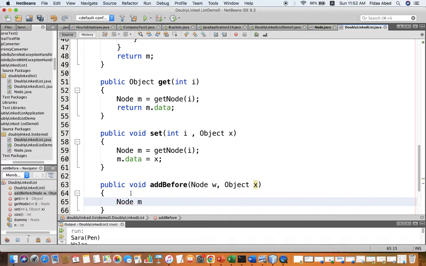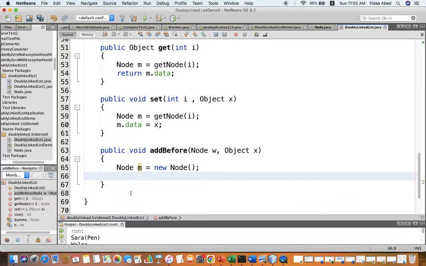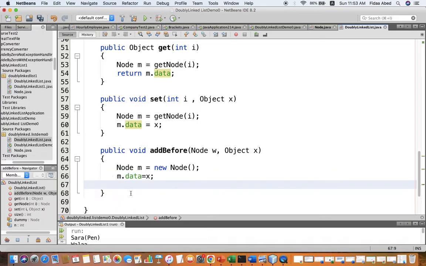Let's call it node M equals new node. So I create a new node. I will make M dot data equals x. So I create this node with this data,